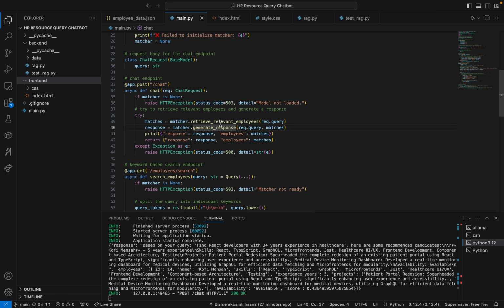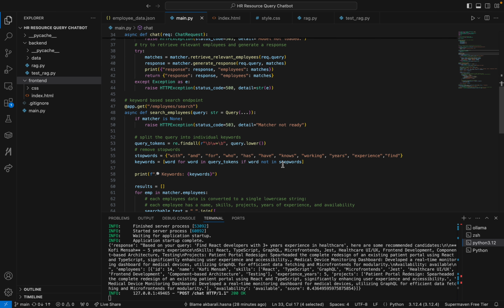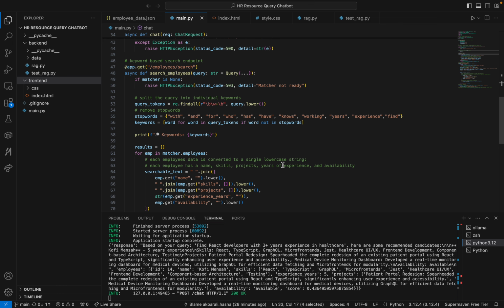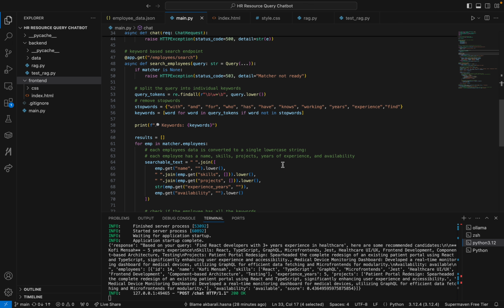We are getting all the relevant employees. At the same time, we are also generating the response and sending it back to the front end. So this is for the chat, where we are using a semantic embedding model, and this is a more strict keyword-based search, where we have a strict keyword. Like if we are particularly searching for a React developer, or someone with 5 years of experience, it's a very